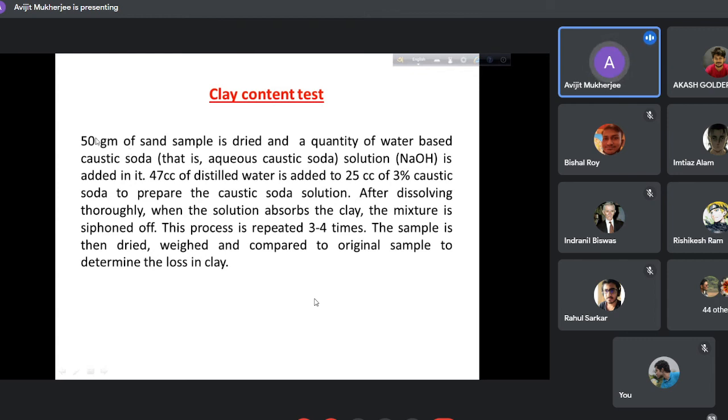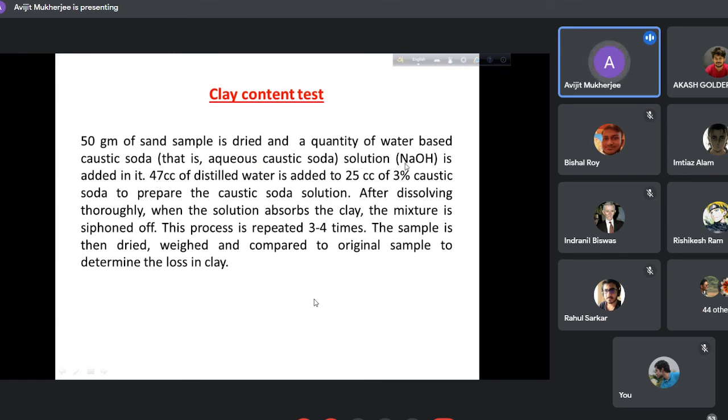Mind that, 50 gram which is mixed with clay and water. So first you dry this sample, and a quantity of aqueous caustic soda, NaOH, solution is added. And how this is prepared,